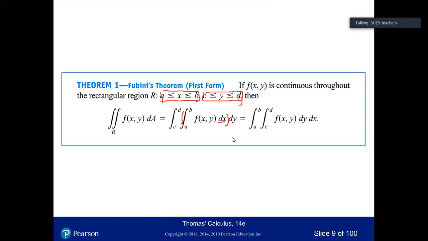Then look at the second part of this equation, and you find that now you integrate y first, so the region here is from C to D, right? Then you integrate x, so the region of x is A to B. So this is really important. The order is really important because